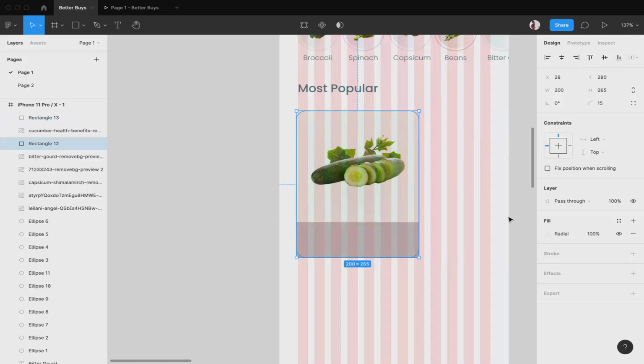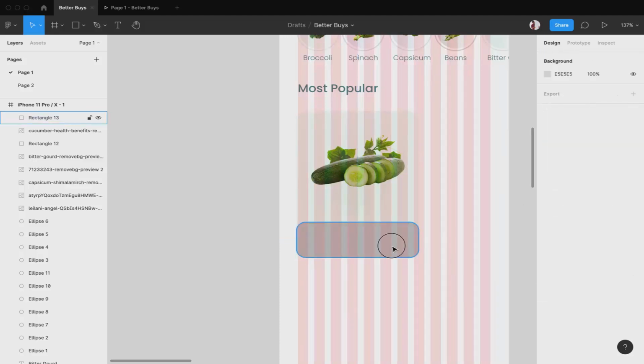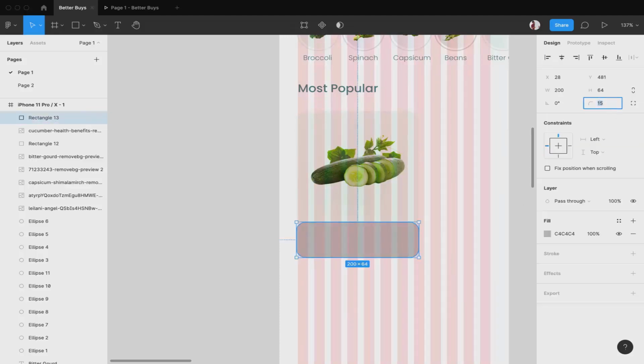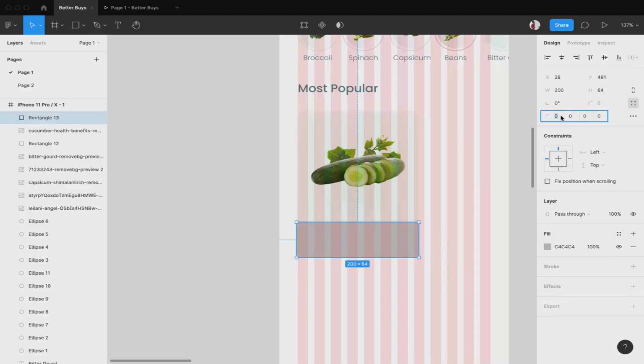So to fix this, we are going to add border radius to this as well. Now if I directly write 15 over here, it gets added on all the 4 sides, which I don't need. So I'll change it back to 0, and then if I click on this, I get to add the individual border radius.